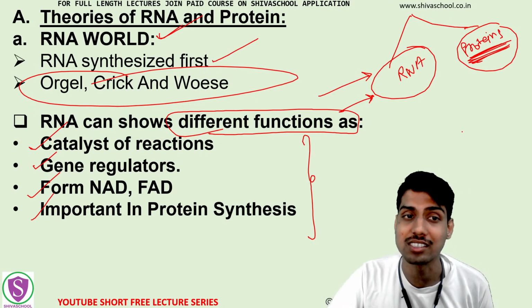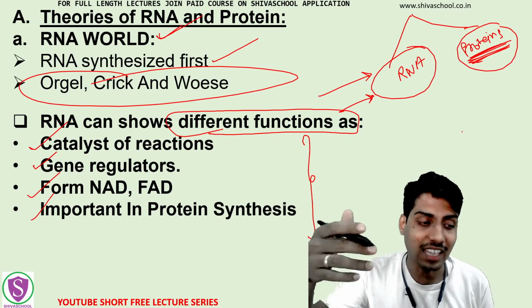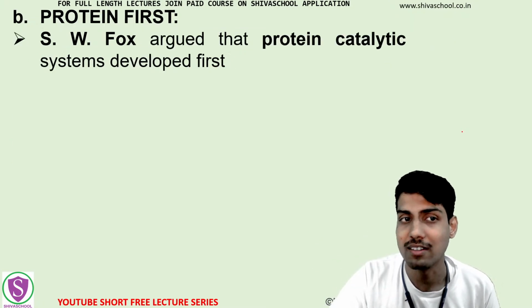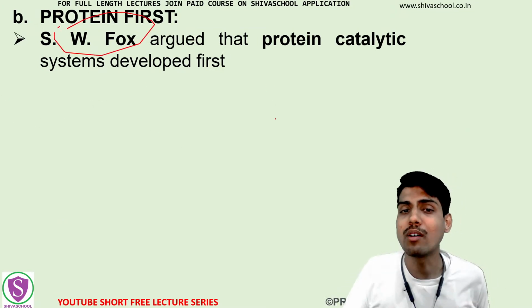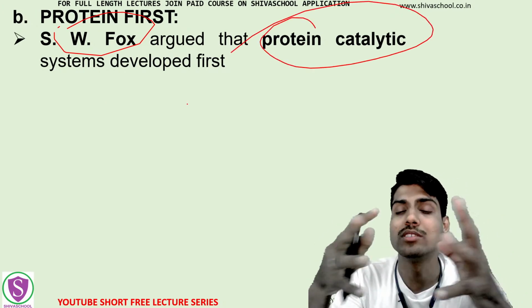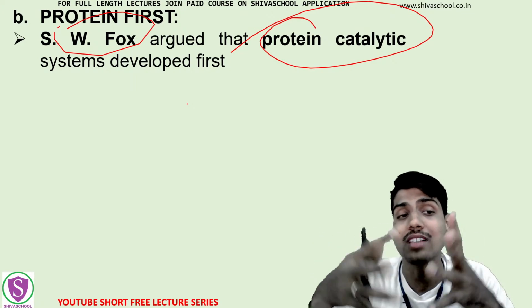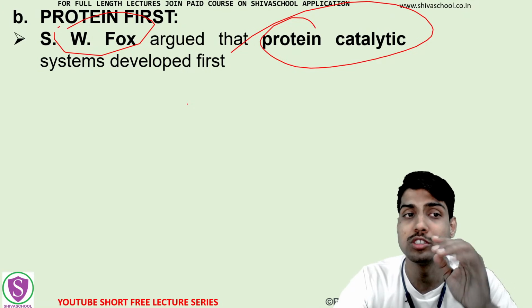So based on this, the RNA world hypothesis has been put forth that as the RNAs are themselves able to perform different functions, तो पहले RNA बना। ठीक है, protein first वाले, that is the theory given by S.W. Fox। Okay, वो क्या बना है, that the protein catalytic systems, बहुत सारे, which are required for the synthesis of this RNA, DNA or other components are synthesized first। Okay, ये पहले बनी।